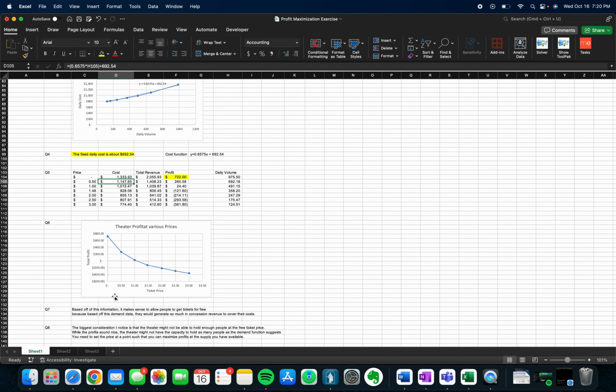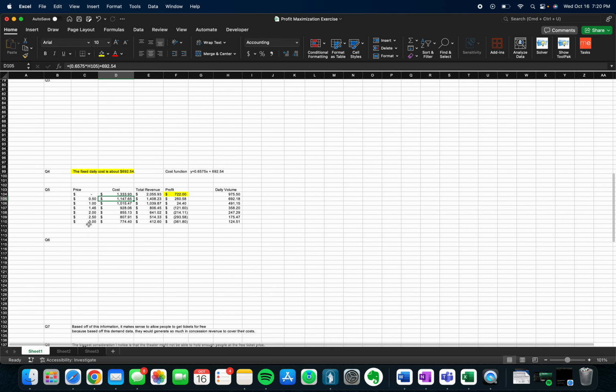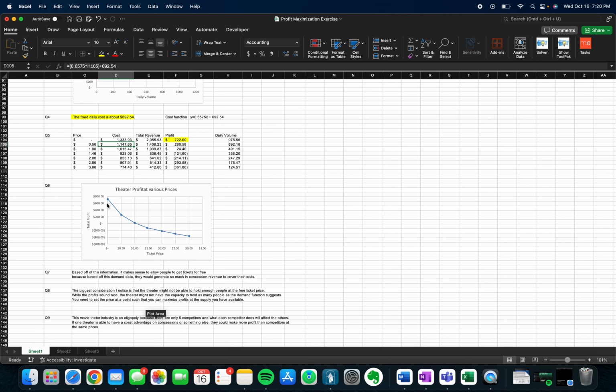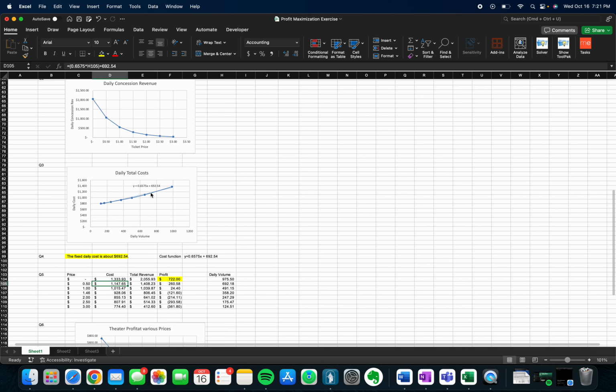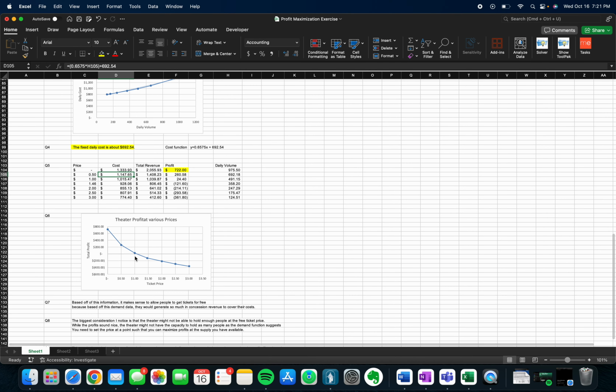Obviously, there's some things we'll go over down here that might dispute that. But question 6 just asks us to essentially plot the theater profit at various prices. And so you can see that you have the profit high up here, and then at about $1, you're barely making a profit. And depending, I think if you use the exponential for your cost curve, you might actually even be making a loss. But then you can see for the rest of them, you're definitely making a loss past